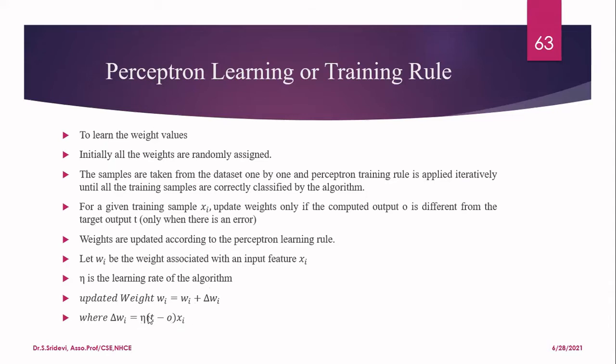So what is this eta? It is the learning rate of the algorithm. That is multiplied by the error value. Error is nothing but the difference between the expected value, that is T, minus the value produced from your model, that is O. And Xi is nothing but the input associated with this particular weight. For every input, we are associating a weight, so whatever is the input related to this particular weight, that we have to consider as Xi. So this is the formula mainly used for the perceptron learning algorithm.